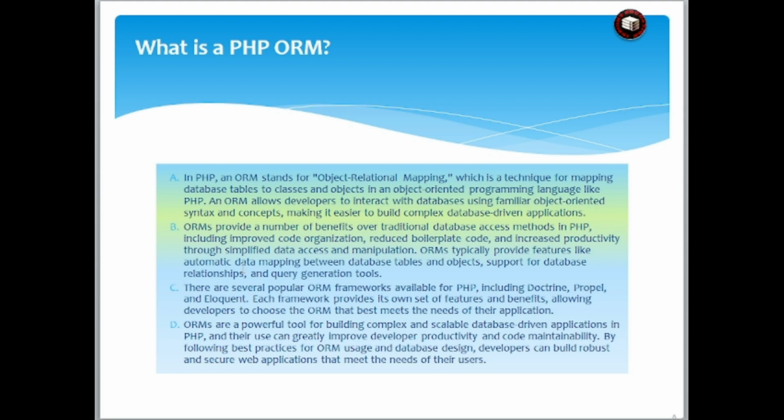over traditional database access methods in PHP, including improved code organization, reduced boilerplate code, and increased productivity through simplified data access and manipulation. ORMs typically provide features like automatic data mapping between database tables and objects, support for database relationships, and query generation tools. There are several popular ORM frameworks available for PHP, including Doctrine, Propel, and